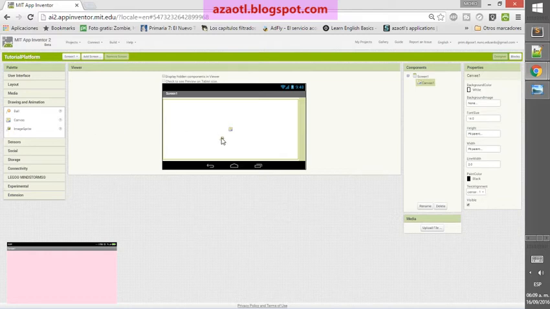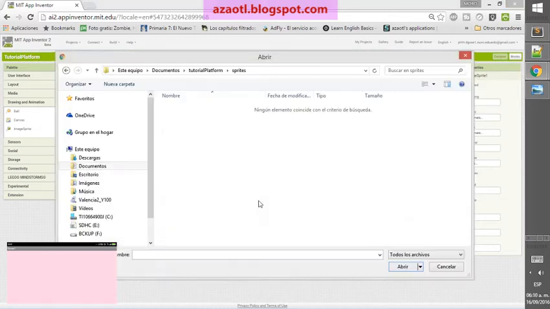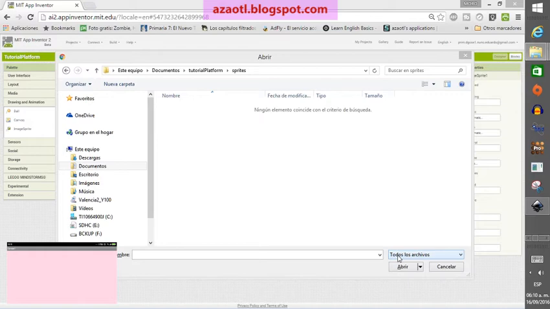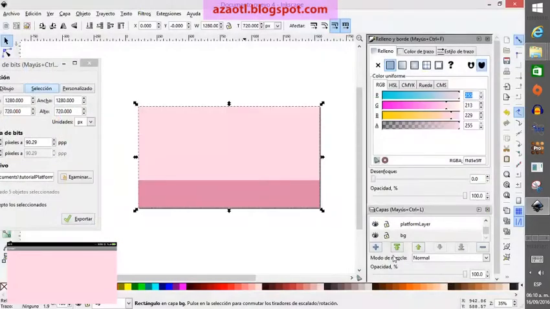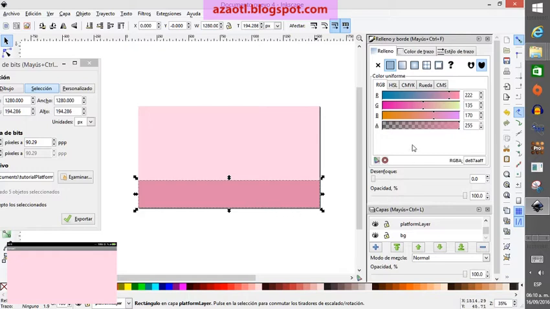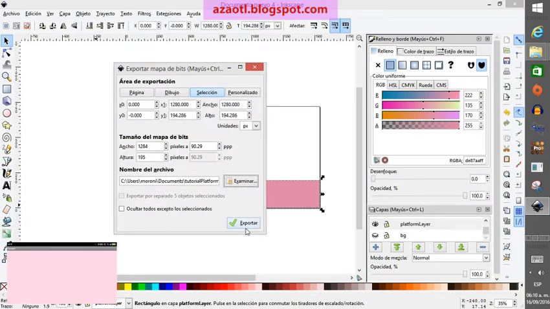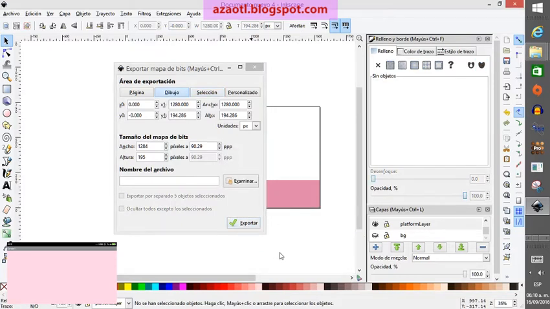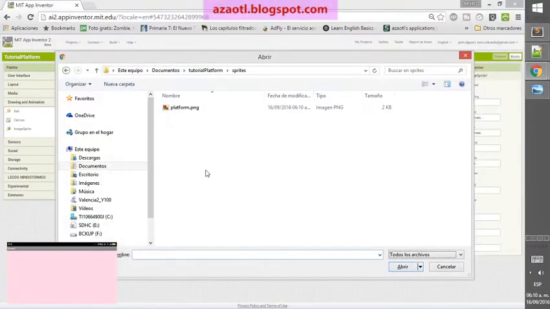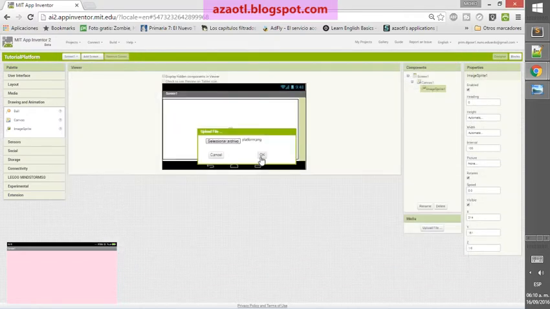For the platform, we need to drag a sprite. Okay, and then we need to upload. And then, oh, I haven't exported here again. So well, here we go to layers, we hide this guy, and then with this we're going to export. I just forgot to hit the export button, and that's it. So we go to App Inventor, and it's here if you check. So we import this little friend,